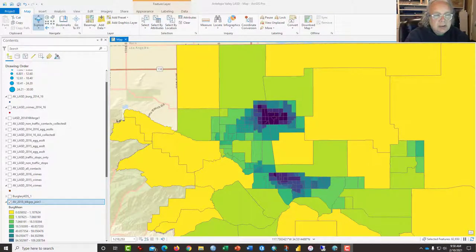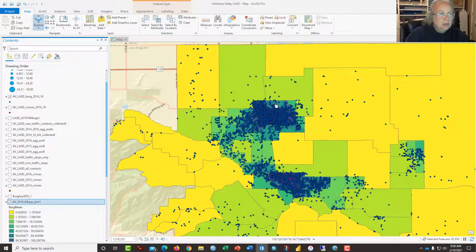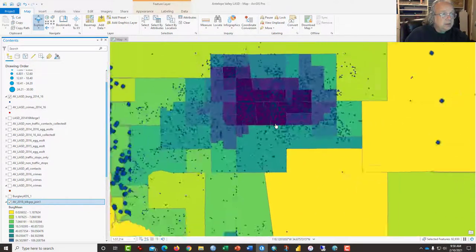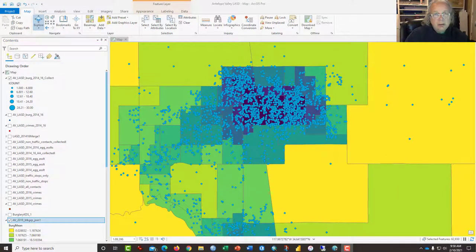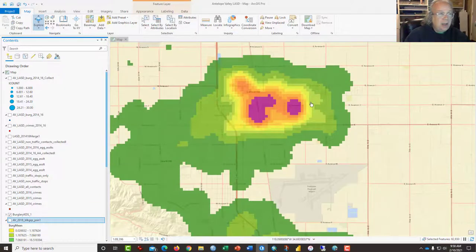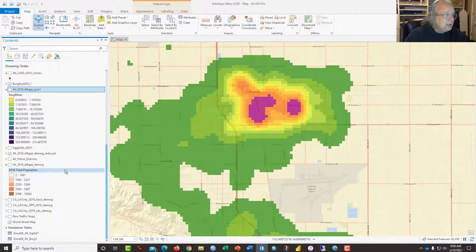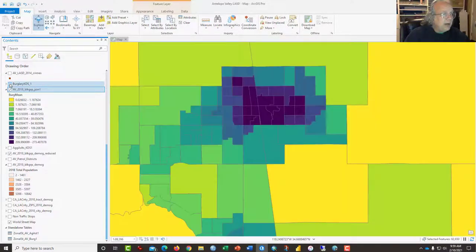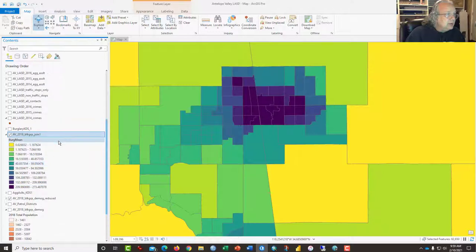This video tutorial is an extension of the previous video that showed you how to convert a point layer of crimes, in this case burglaries in the Antelope Valley, using the collect events tool, and then from there using the kernel density smoothing tool into a hotspot map, and then converting that data through a tool called zonal statistics as table to this final map, which includes as a choropleth map the average number of burglaries per census tract from